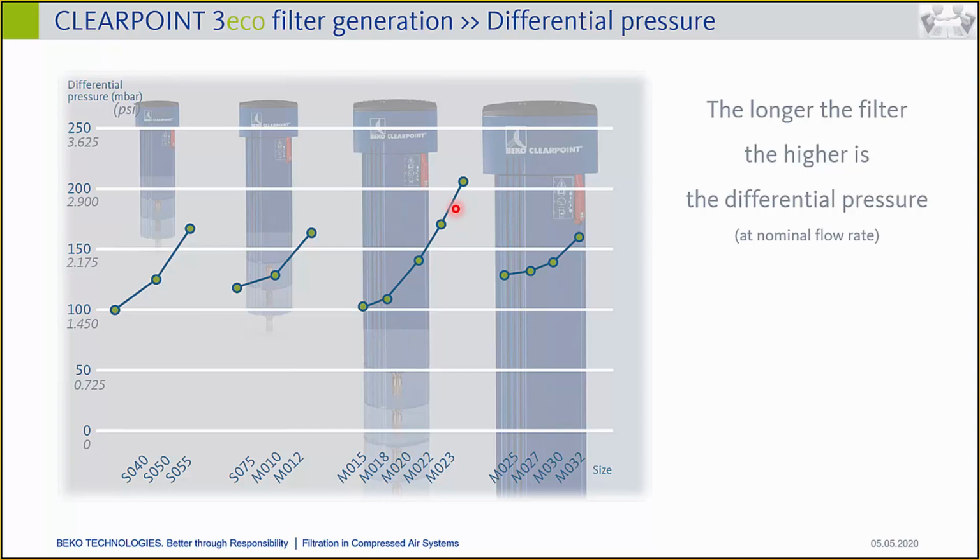So once you want to increase the energy efficiency, you could select either a longer filter element with a nominal flow rate of the smaller size, of the smaller lengths, or if you are here on the edge, you could also select the next bigger filter housing, which has a bigger volume and automatically gives you a lower pressure drop. So in case your customer is energy oriented, that should be considered,